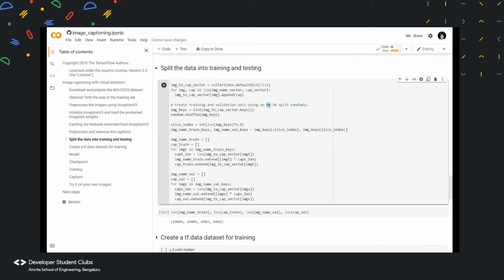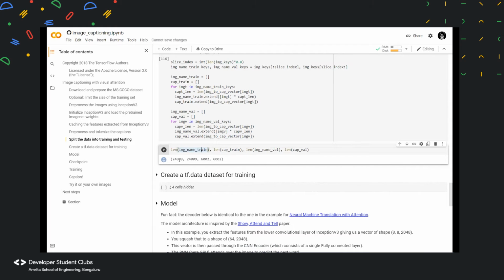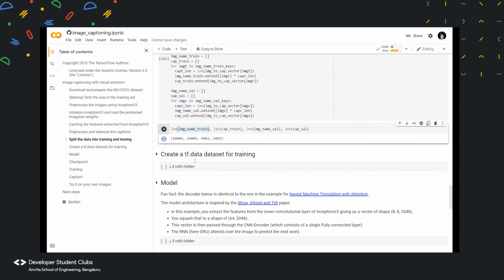Here we are taking 80% for the training set and 20% for the validation set, and this block of code does that by splitting the data set randomly. Here you can see there are 24,000 images for training and 6,000 images for the validation set, and the same number of captions also.